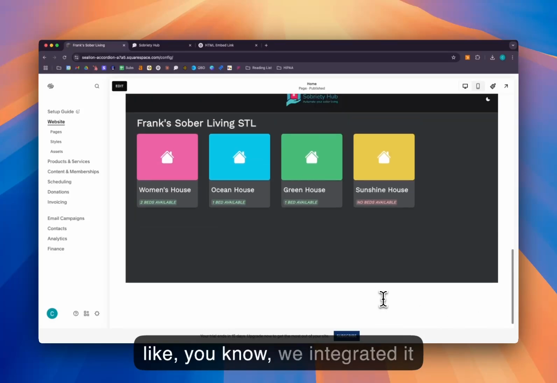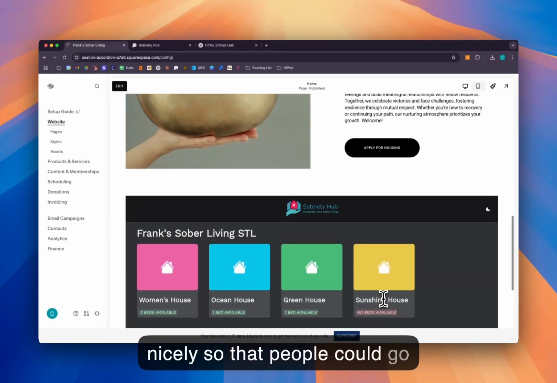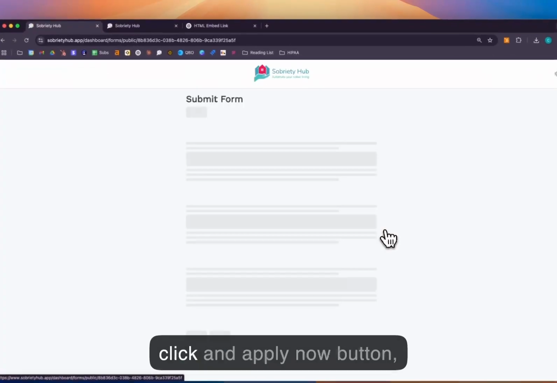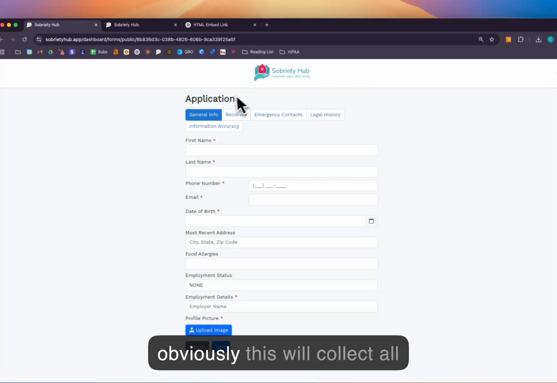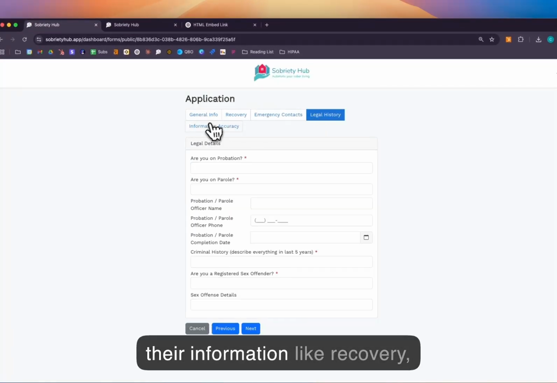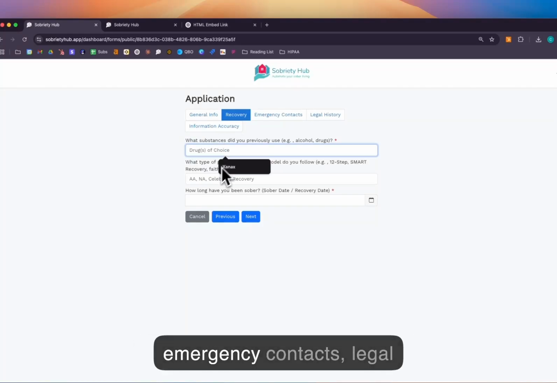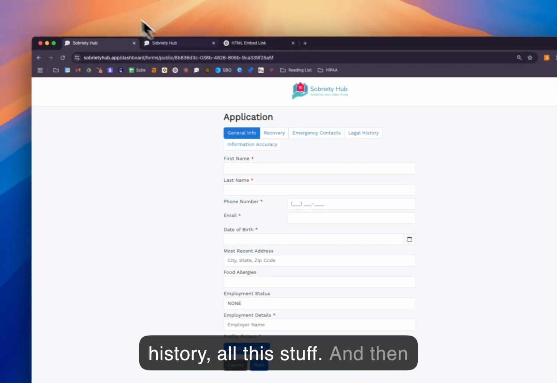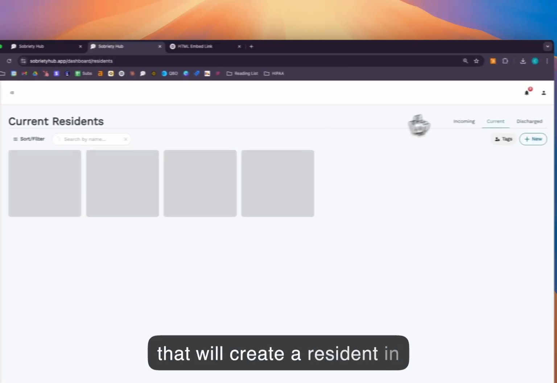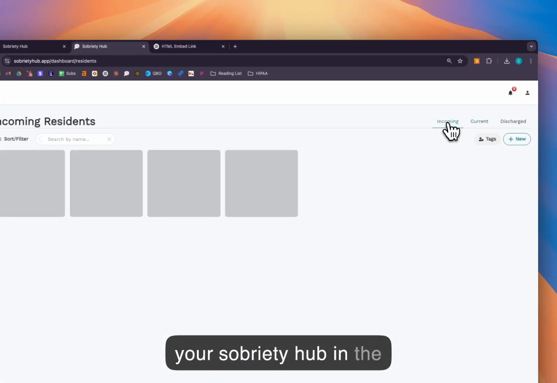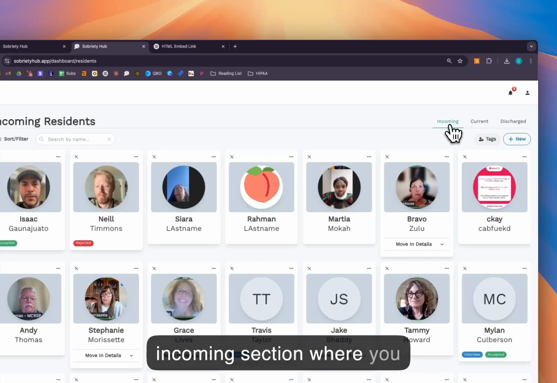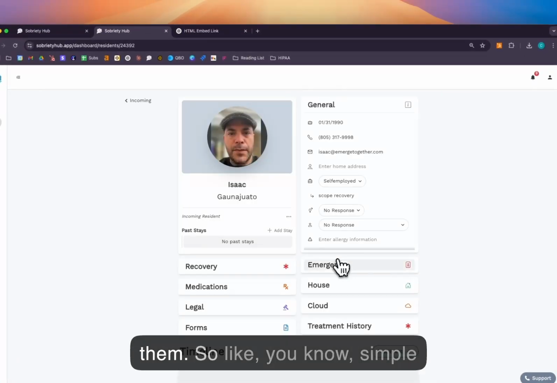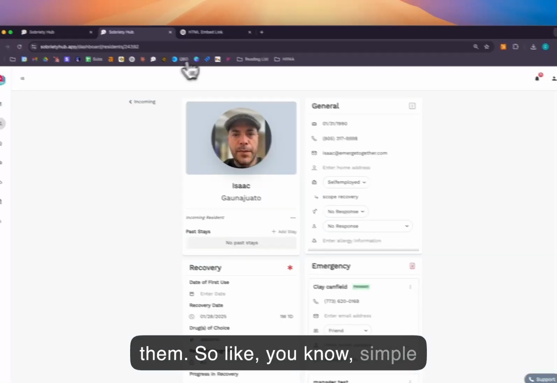Especially we integrated it nicely so that people can go to it and see if you have beds open in your houses. They can click an apply now button. Obviously, this will collect all their information like recovery, emergency contacts, legal history, all this stuff. And then that will create a resident in your Sobriety Hub in the incoming section where you can then review their profile and accept or reject them. So, simple website,